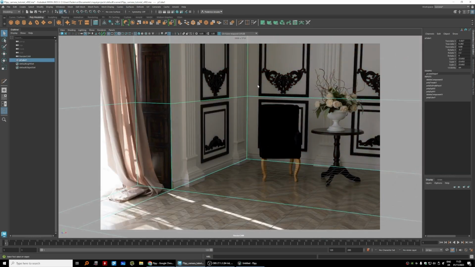And we go. That's how you can use fSpy in order to match your perspective in Maya without any camera